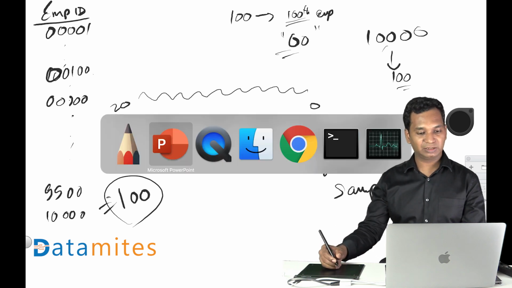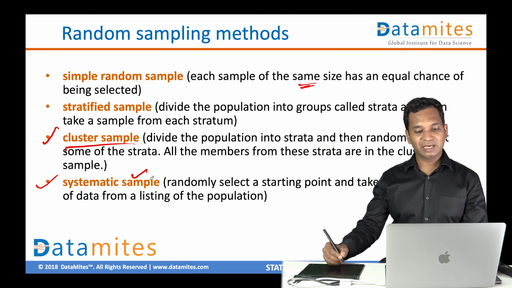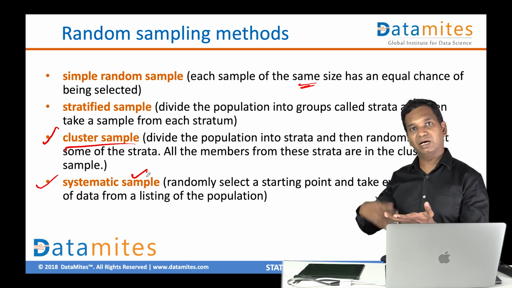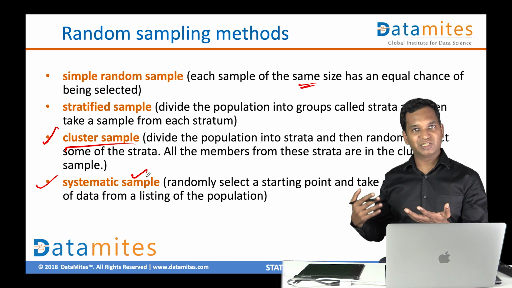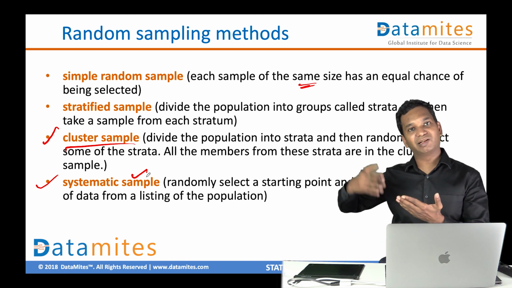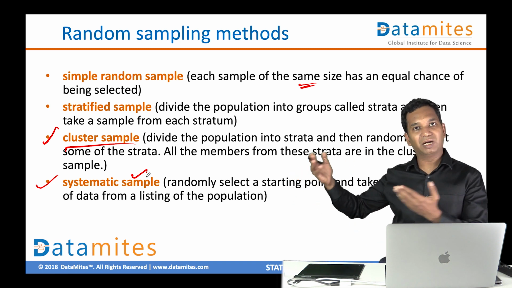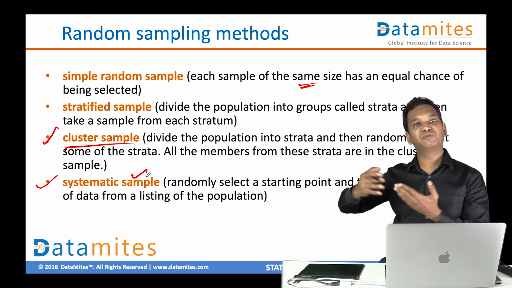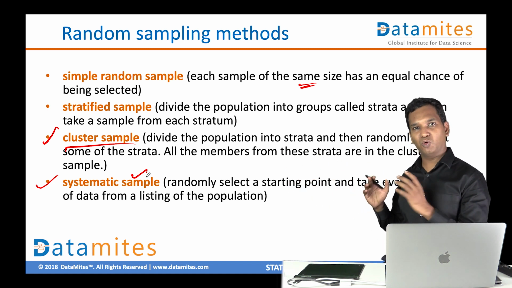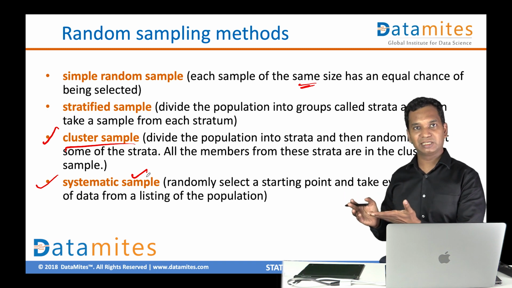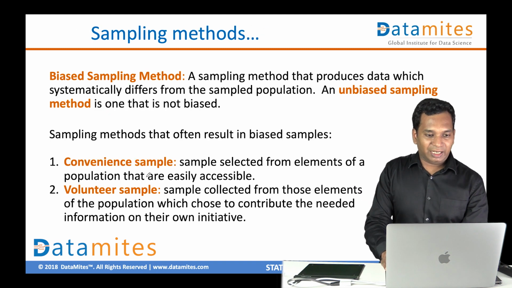That's your forced sampling. Systematic sampling is randomly starting from some number and then saying every nth number will join the survey. Right? This will ensure that we still get a random sample, but systematically random. We have a uniform distribution of different experienced people. Okay, these are the most important random sample methods. Right? And then we have